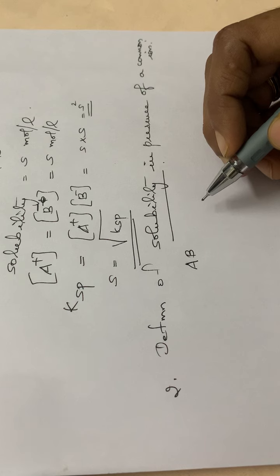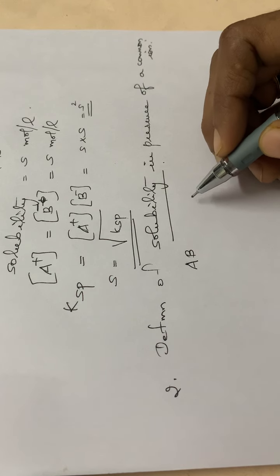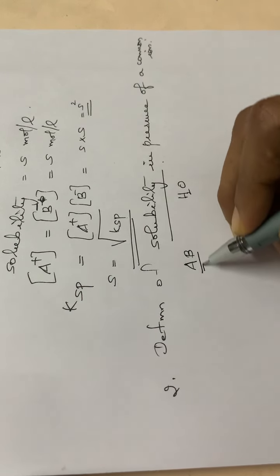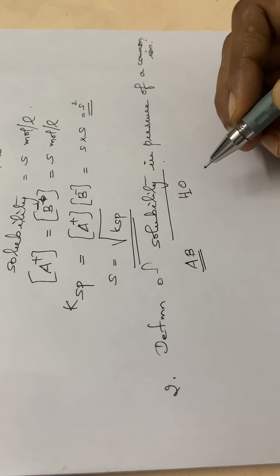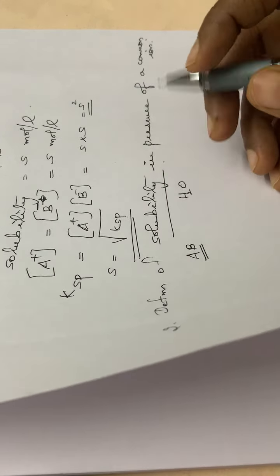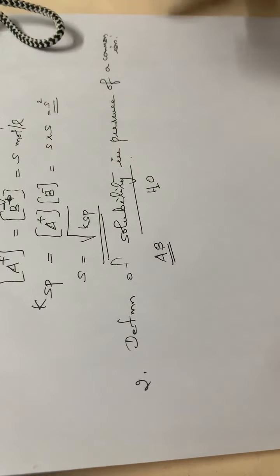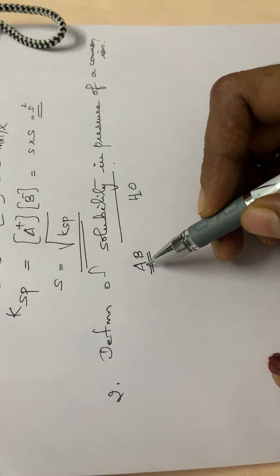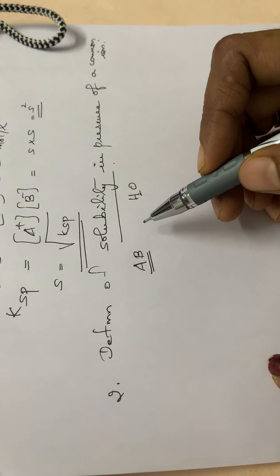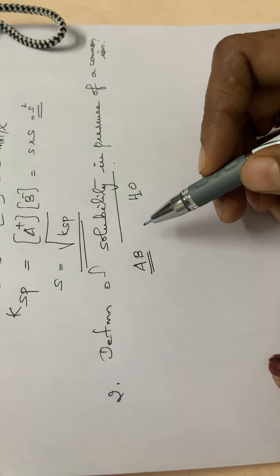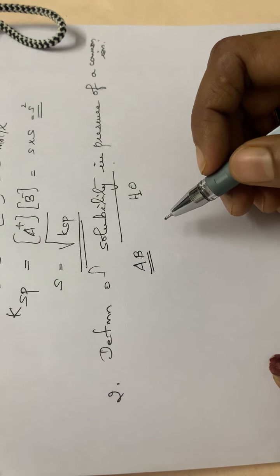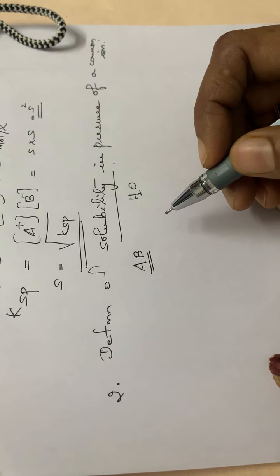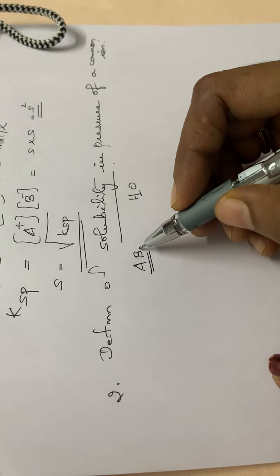In this case, while we are taking this sparingly soluble salt, suppose water is present there, and also some H plus ions will be common. So we can calculate the solubility of a solution having an ion in common. If both of these have an ion in common, we can determine the solubility. So we have to take the concentration of the ion along with the equilibrium concentration here.